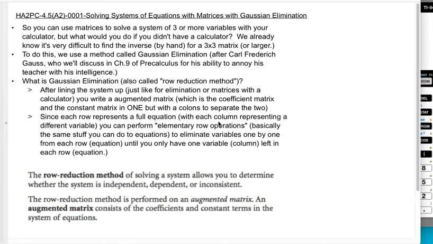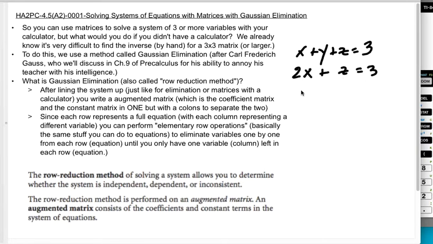Gaussian elimination, also called row reduction method, basically is similar to a regular elimination in that you will line the equations up the same way that you do. And then we're going to write them as what's called an augmented matrix. So let me just show you an example of what I mean by that. So when I say line the equations up, let's just pretend I'm just going to pick x plus y plus z equals 3, 2x plus z equals 3, and y minus 5z equals -4, just for